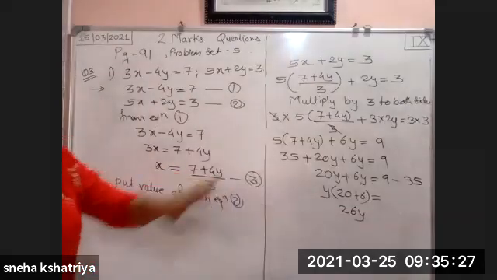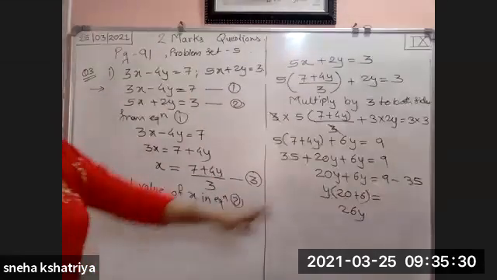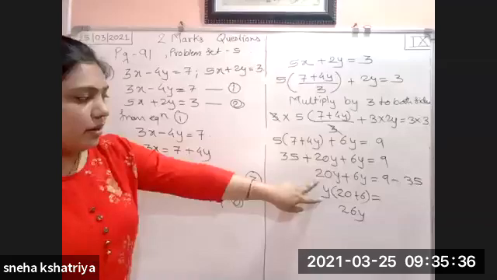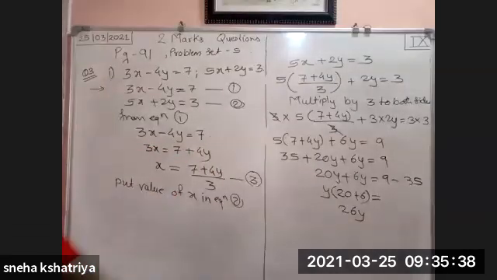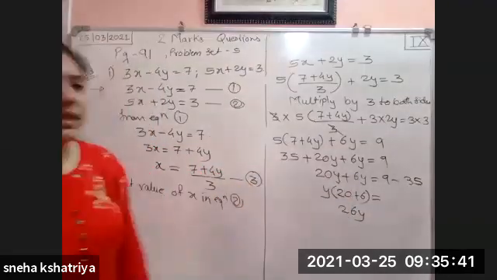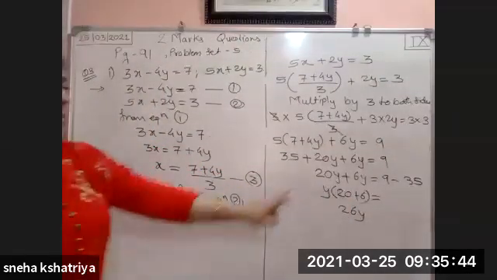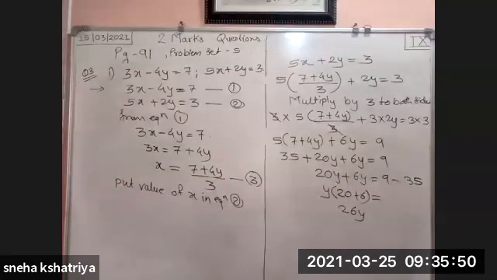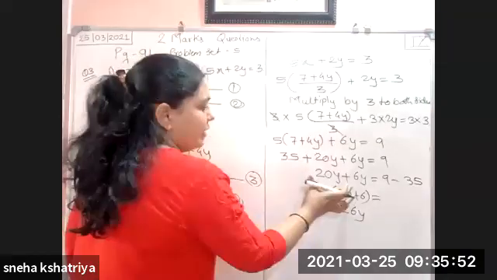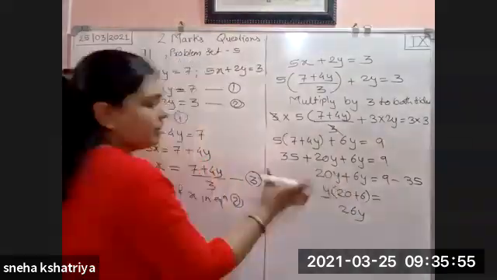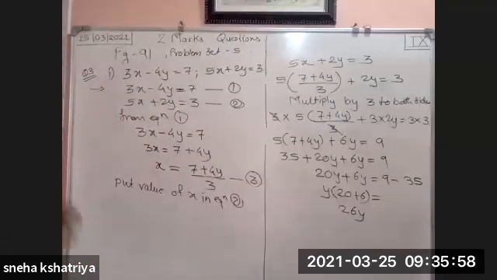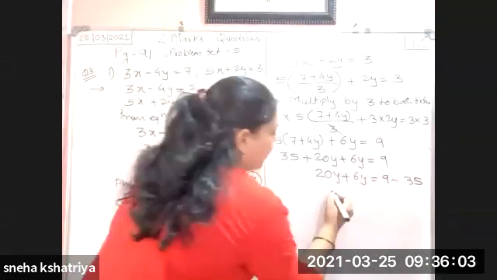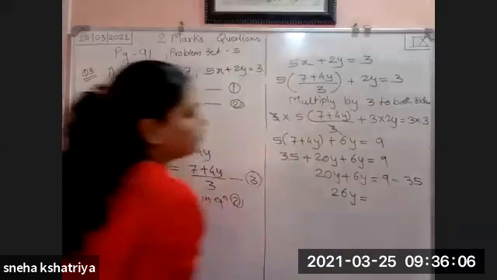Now see here, this kind of example only I am going to tell you, that whenever such kind of addition is there, we make a jumble or we make a mistake in this part. It was simple, 20 plus 6, that's why we can find it directly. But sometimes here it is minus and plus sign. At that time it becomes very difficult to find out. So that's why I am saying that whatever addition and subtraction examples are there, you have to solve them very clearly. Okay. So here directly we can write down that 26y is equal to 9 minus 35.